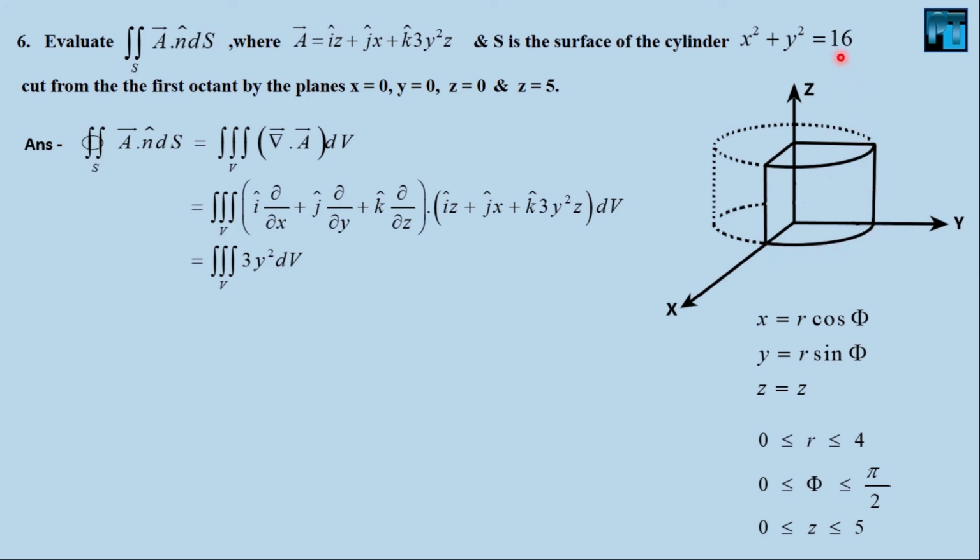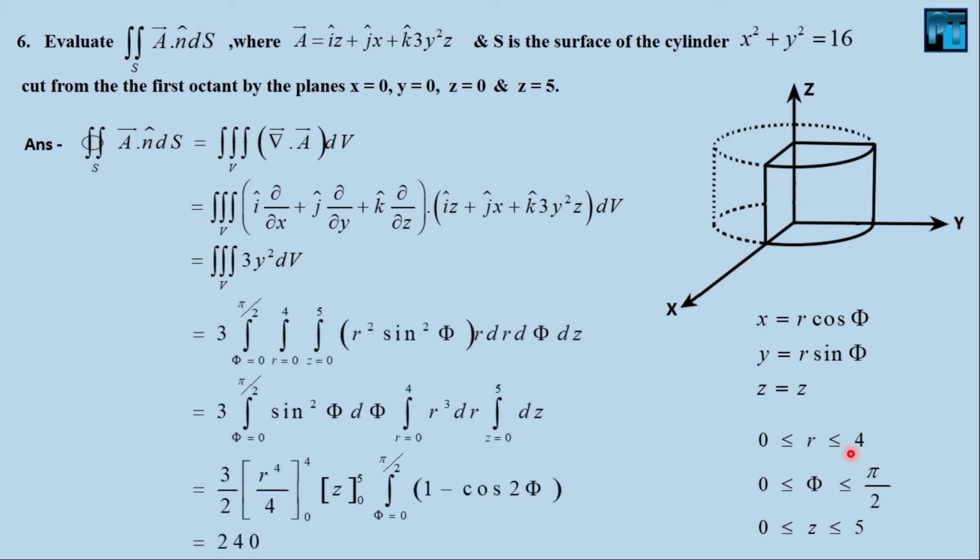And as you know, 16 is 4 squared, so r is limited to 0 to 4. So let's put our parametric equation in the volume integration. You are very familiar with this type of volume integration, because in my previous lecture, the volume integration lecture, I have discussed a lot about this type of integrations. So this integration is very easy for you guys. The only thing is determination of the upper and lower limits.